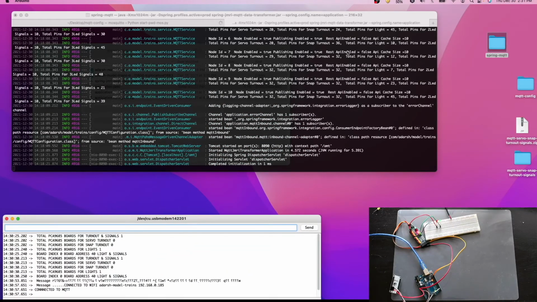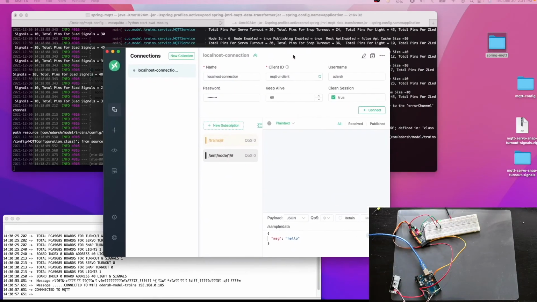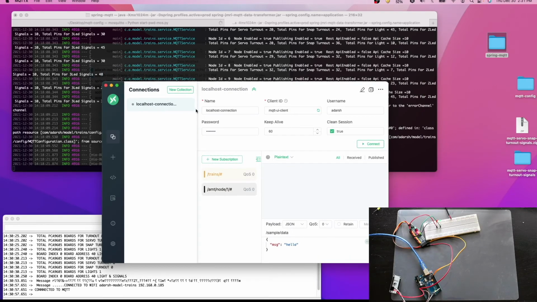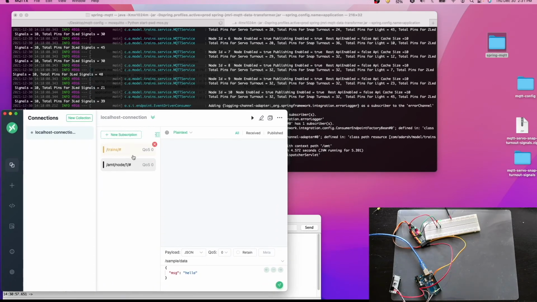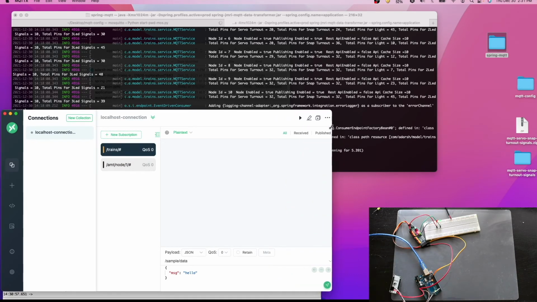I'll minimize this, and we will start our MQTTX app, which will keep track of the data being pushed. This is what JMRI is going to push, and this is what our application is going to push. So now everything is okay here.